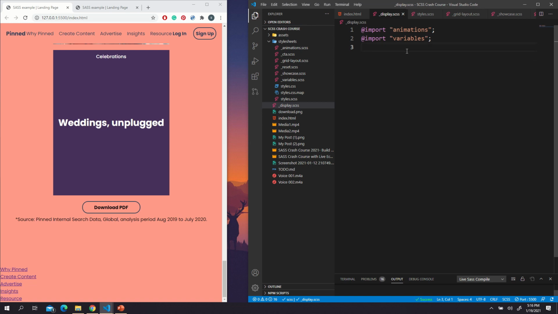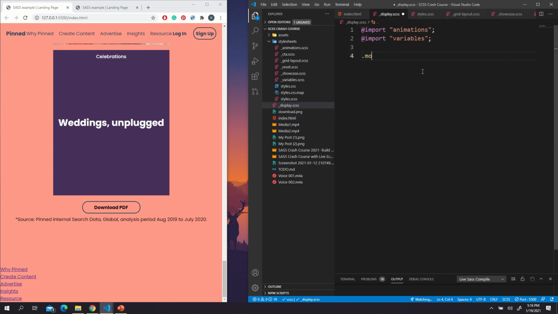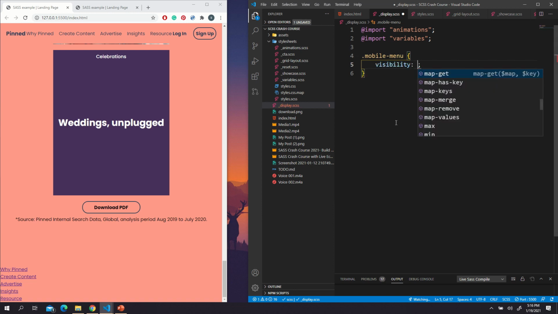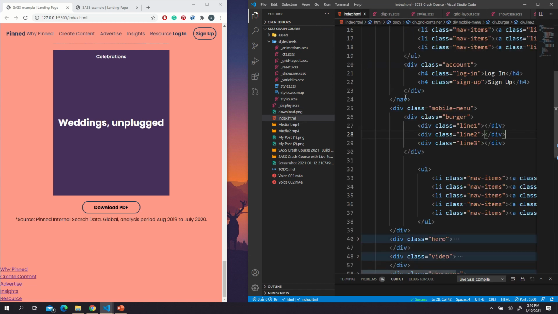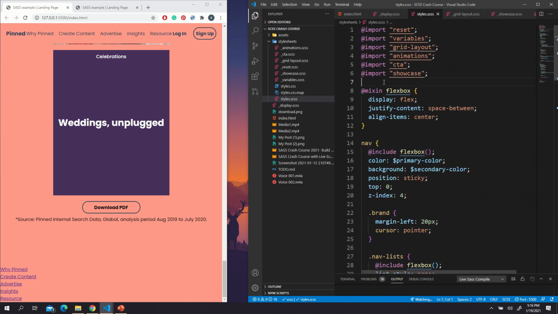Okay, now index, if you see that everything is wrapped around the mobile menu class, so that's what I'm going to choose. Target first, mobile menu, and open curly braces. At the beginning, I'm going to say visibility hidden, and of course I need to import that to my main SASS. And this is display,